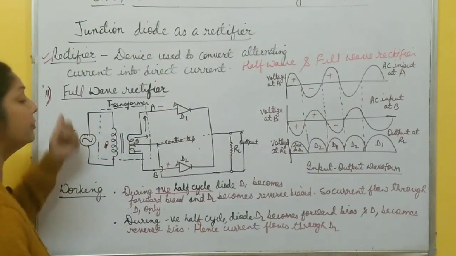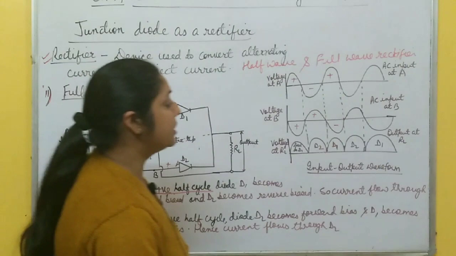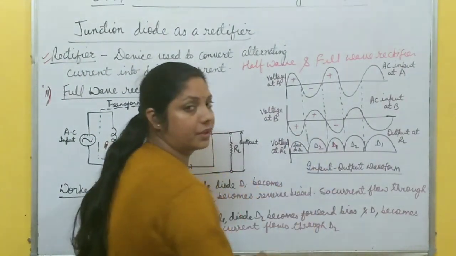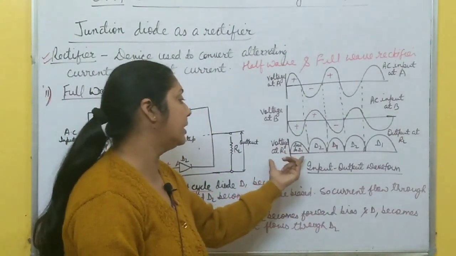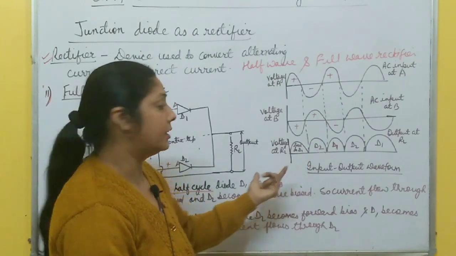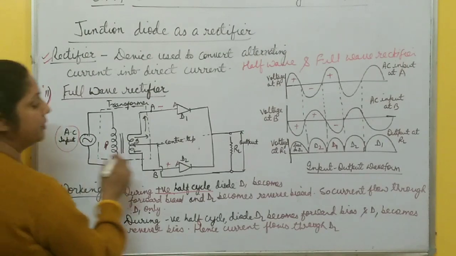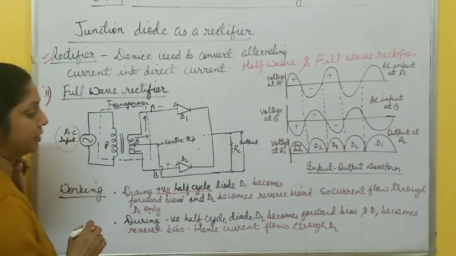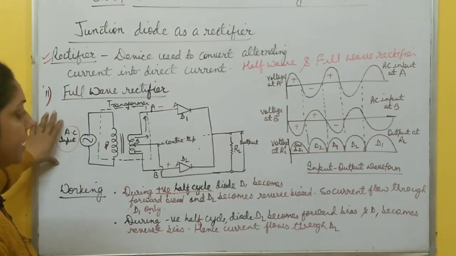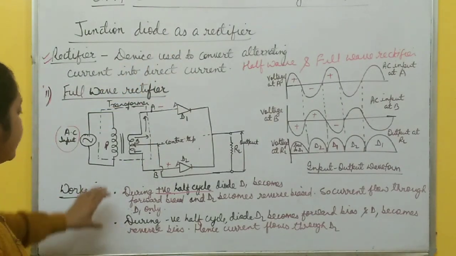That's why it is called full wave rectifier, and the output is found in the same direction. So we get unidirectional current or voltage. It means this is how the full wave rectifier converts AC input into DC output. So in this way, you draw the circuit diagram, input and output waveforms, and just two lines: